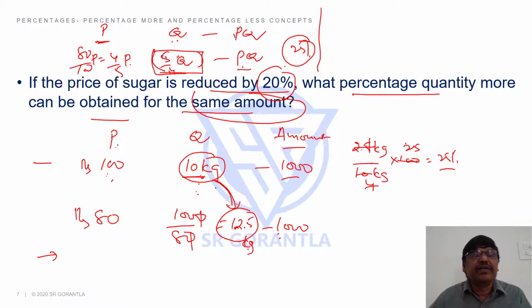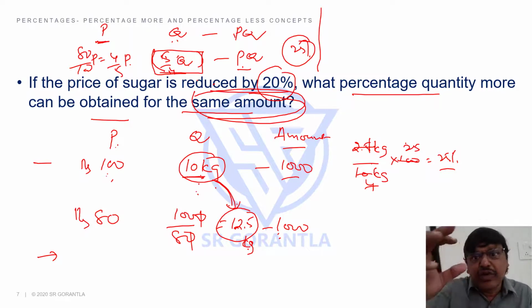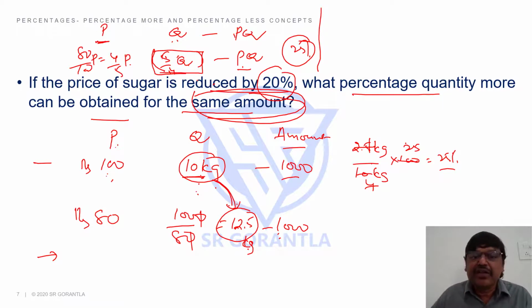Again, the formula: when one is reduced, the other one should increase, so that I can use the formula because you are using the same amount. So first I am reducing, how much should I increase to get back to the same amount? In the previous case I am reducing the number, how much should I increase to get back to the original number? Here also to spend the same amount. So here the total effect is getting same.